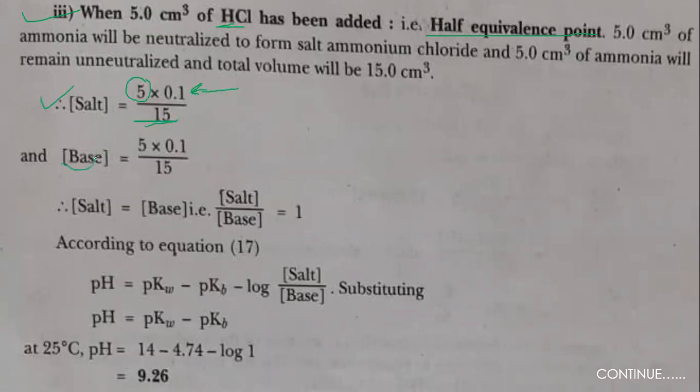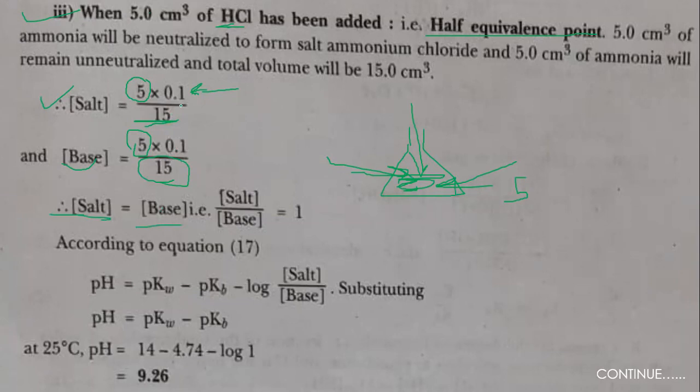Now base, how much base is left now in the conical? Base किती राहिलाय? 5 ml HCl वरून टाकलं, बेस टोटल 10 ml होता कोनिकल मध्ये. 10 ml मध्ये रिएक्ट किती झाला? 5 ml रिएक्ट झाला. कोणाबरोबर? वरून टाकलेला 5 ml HCl बरोबर. आता किती राहिला? 10 मधला फक्त 5 राहिलेला आहे, बरोबर. पण टोटल व्हॉल्यूम किती आहे त्याचा? 15 आहे. Concentration of salt in this flask and concentration of base in this flask. Now see, salt is equal to base concentration.